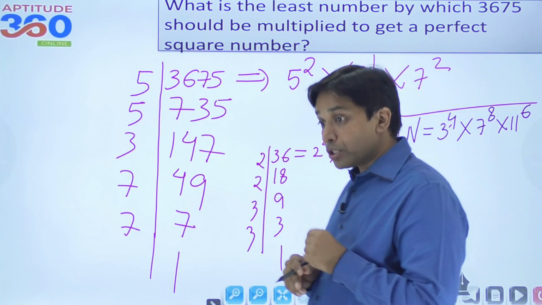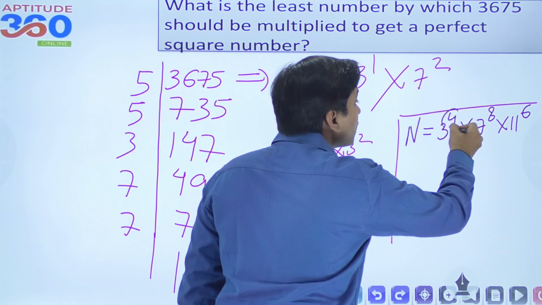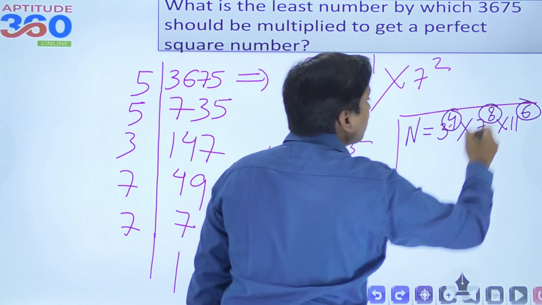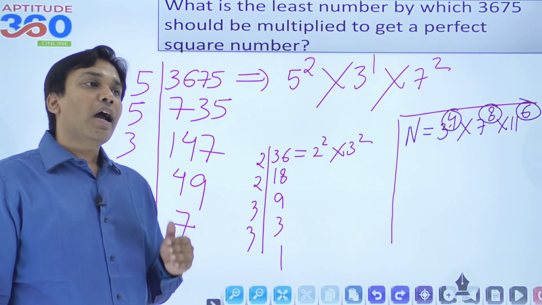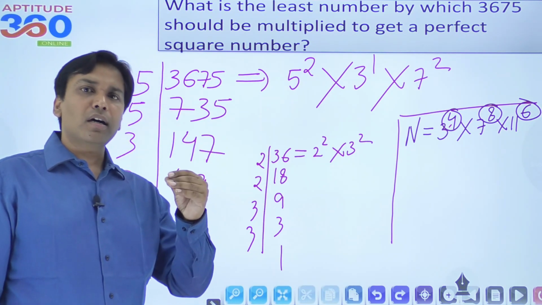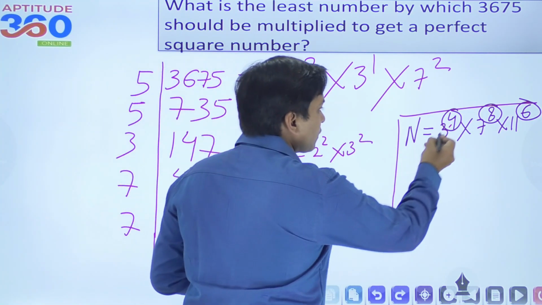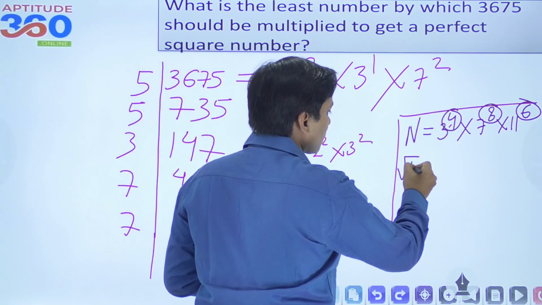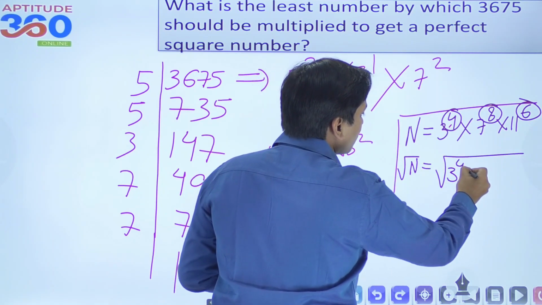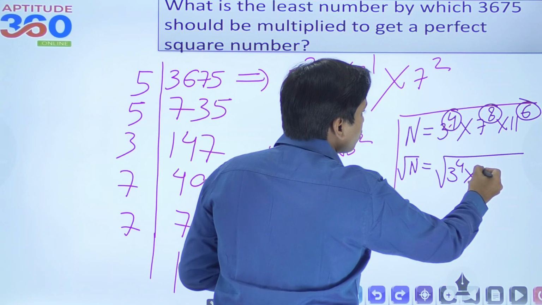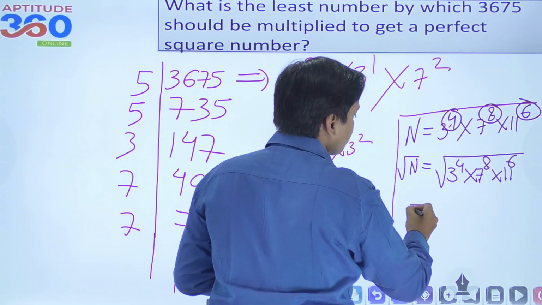And you ask me whether this is a perfect square number, I will say yes, because in the powers you have got even numbers. Does this make sense to you? And why does it have to be an even number? Because the moment you find the square root of this number, with 3 to power 4, 7 to power 8, and 11 to power 6,